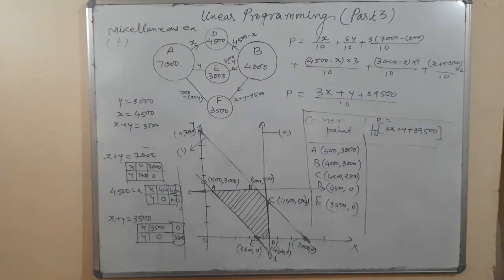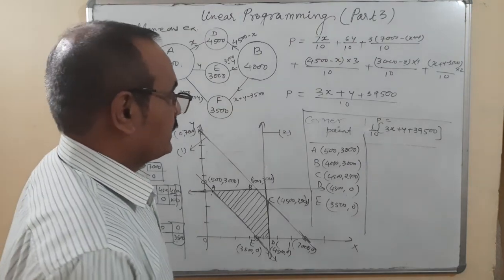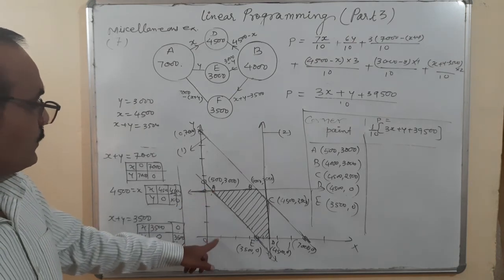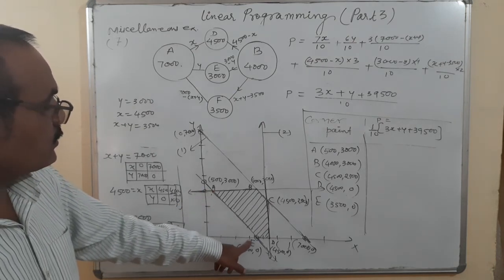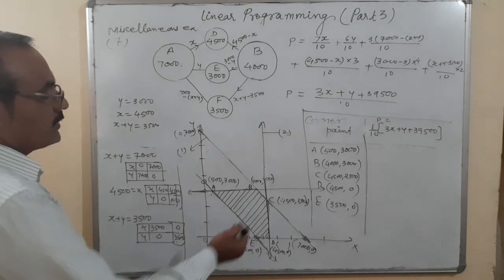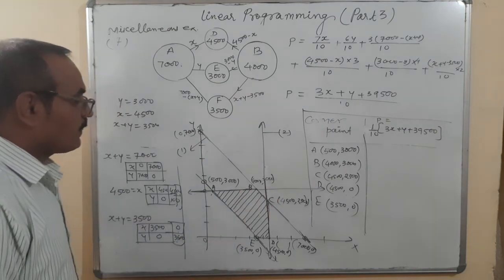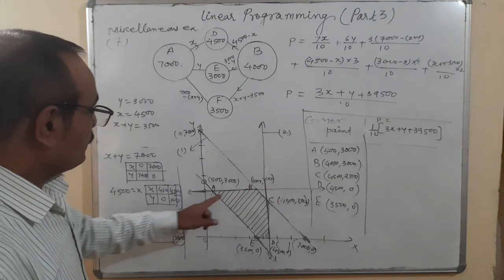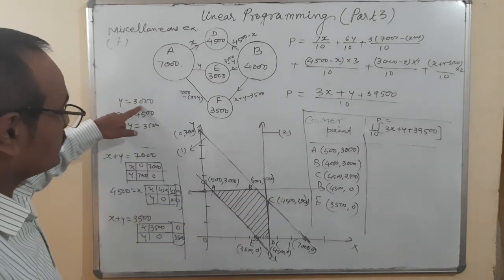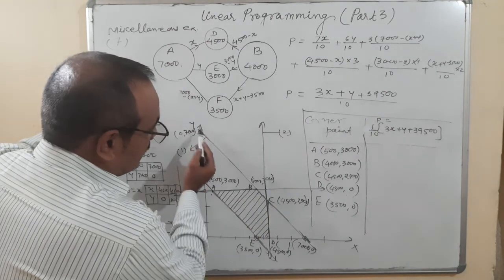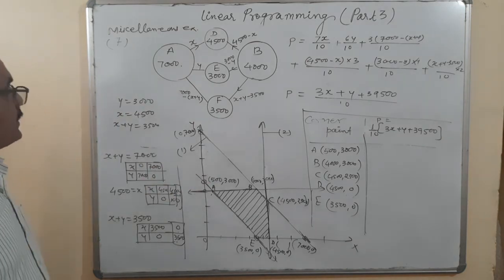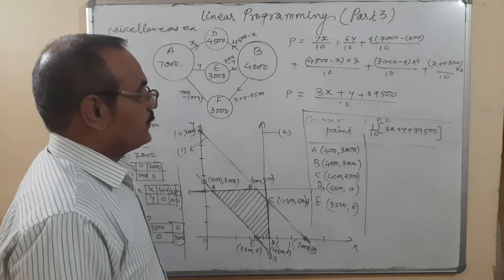Okay. So now we'll put the values in the profit equation and let us see. This is 50, 100, 1000, 2000, 3000. I think this point is coming somewhere. Otherwise, maybe it is possible that on the graph paper it is coming here only. Because this point B is parallel to the x-axis, that means y is equal to 3000. This is one line, and the second line is x plus y is equal to 7000, 4000 and 7000. Definitely it could be.